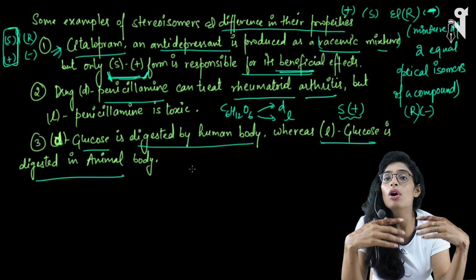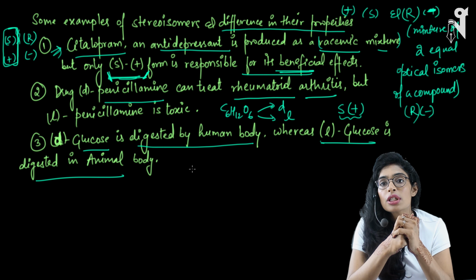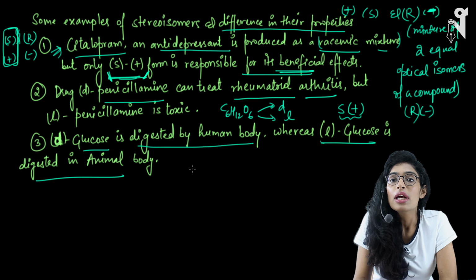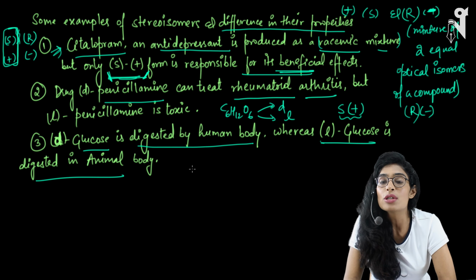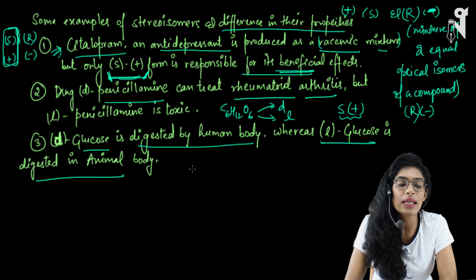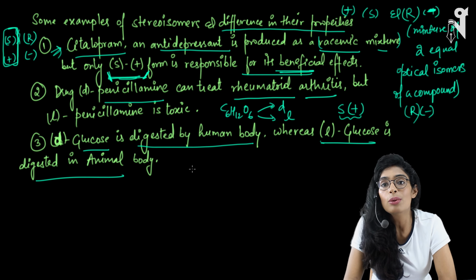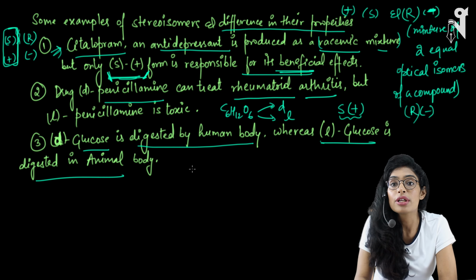Many of the companies found that the particular compound was very useful in treating chickenpox, whereas in other cases it was completely ineffective. At that time, the chemists got to know for the first time that it's not just about the compound, but about its isomeric form, which exact isomeric form you should be using. They found that one particular isomer of that compound is useful for treating chickenpox, not the other one. There are many such examples. Mostly these optical isomers are useful in biomolecules, biochemistry and all that, and it has a very wide range of importance.